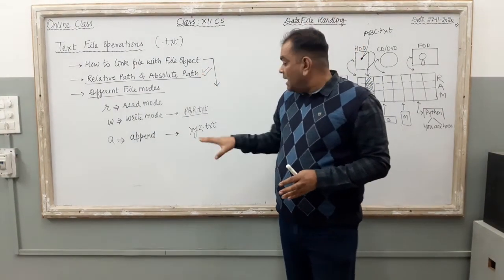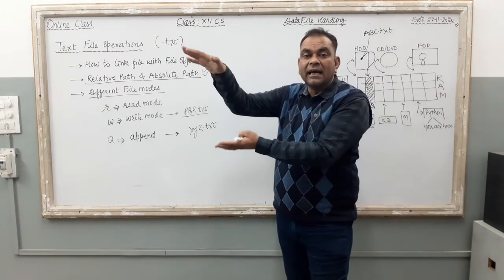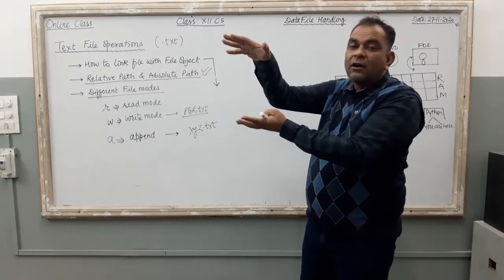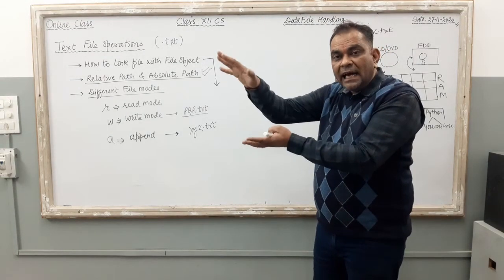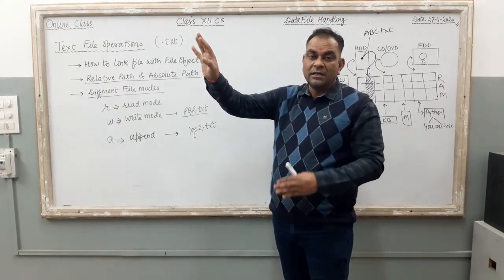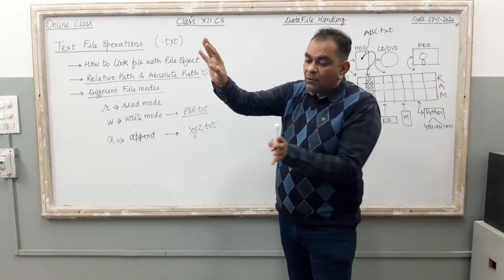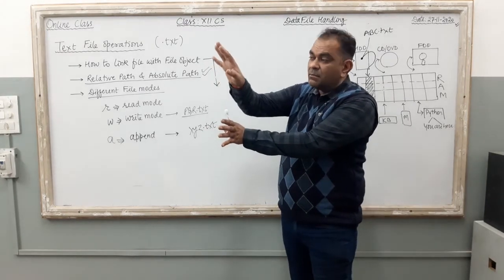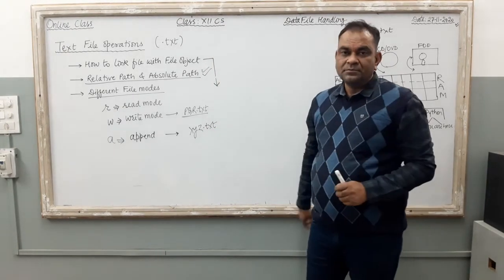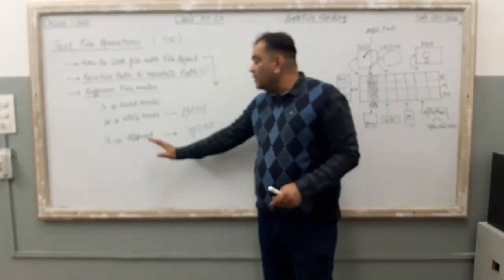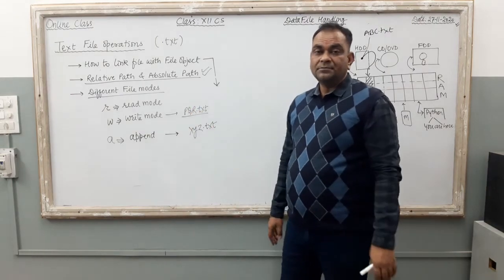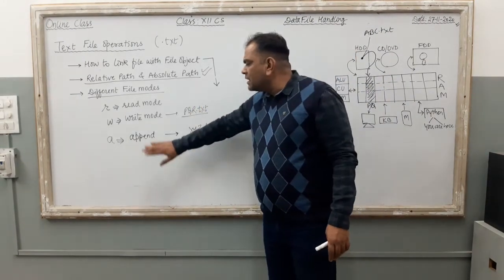In file XYZ, 50 records are there already, and I open this file in append mode. These 50 records are there unaffected in the file, and my today's 10 records, the 10 customers who came today, I am going to store the data of these 10 customers just after the 50 records. So how many are there now? 60. Actually, the software developer uses this append mode. They do not use write mode, they will use it very rarely. Everywhere this append mode is there.